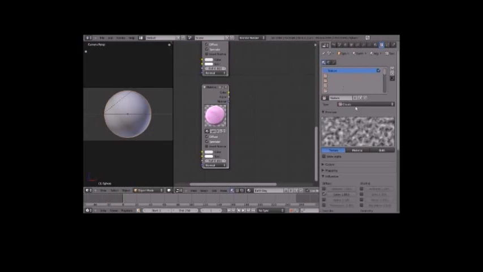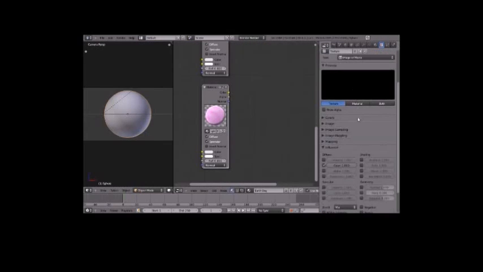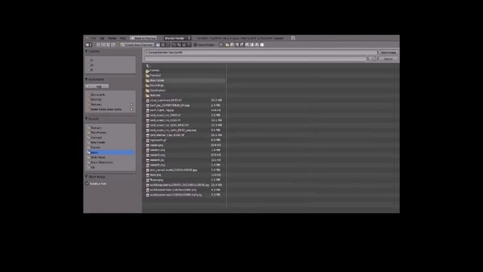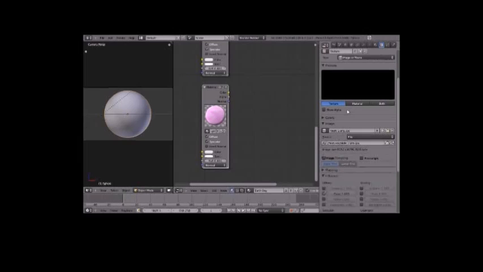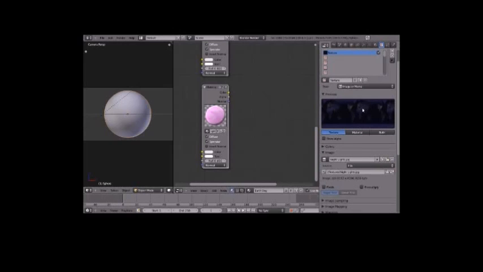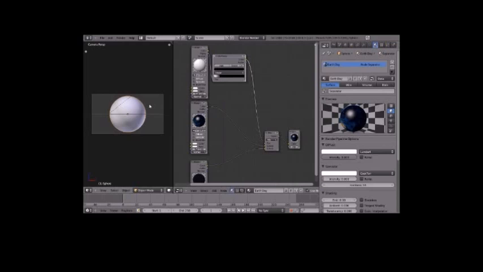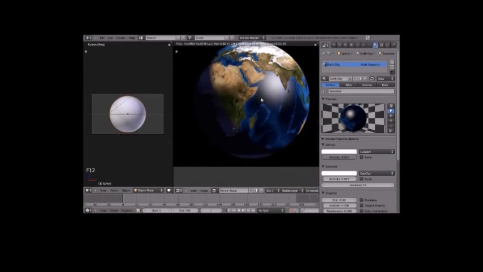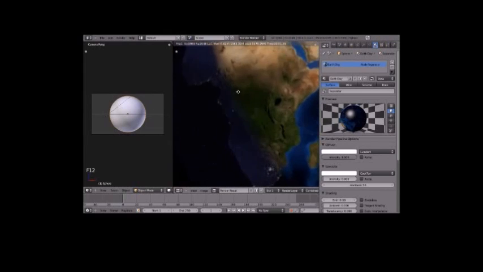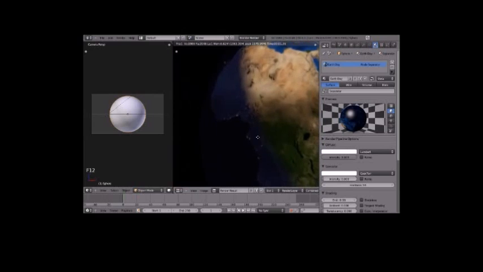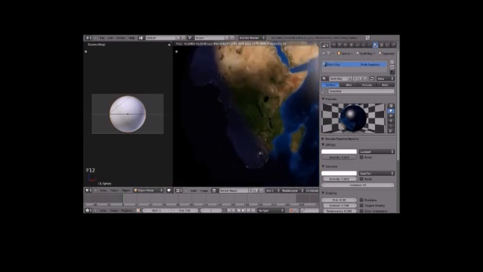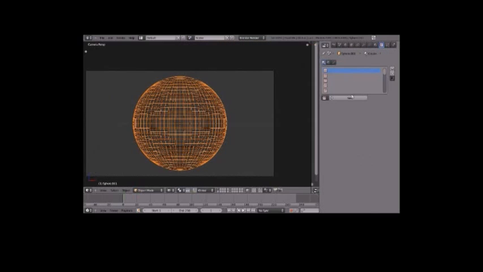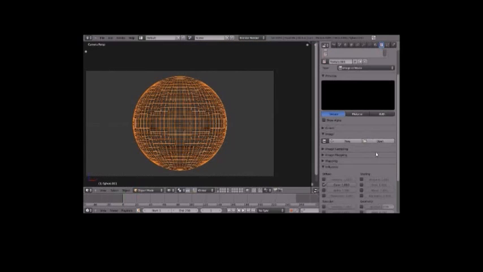In the texture panel, we're going to enable an image. And this one is, of course, the night lights. Now this image is basically just a purplish, bluish type color. And now if we hit render, you can see that we now have the result that we want. This area over here is now using the night material, and this over here, which is receiving light, is now using the day material. So I'm going to go to the texture panel, add a new texture, image,